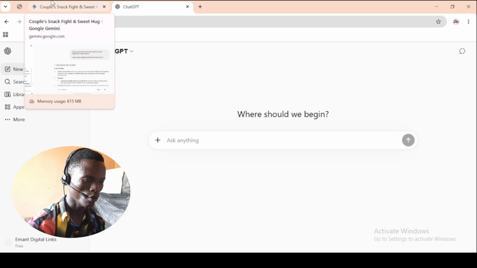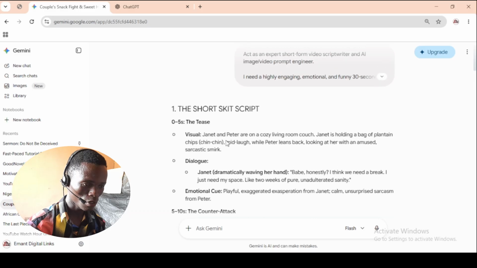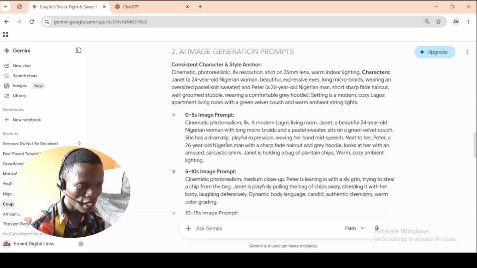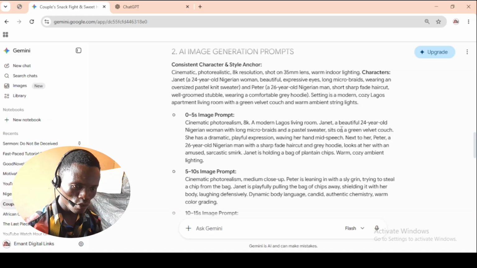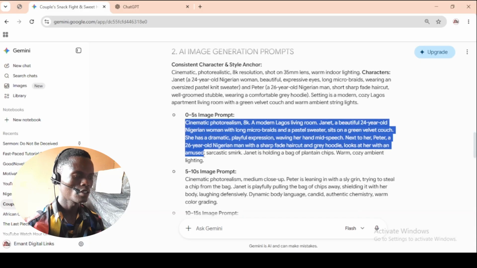Okay, so now let's go for each of the scenes of the short skit. Let me go to the image generation section. So I have a consistent character and style anchor: cinematic, 8K resolution, and so on. In case I don't have that statement, thank God I have it there. Janet is a beautiful 24-year-old Nigerian woman with long micro braids and so on. All that information is also inside the 26-year-old Nigerian man's description. So I only need to copy this and then paste it on